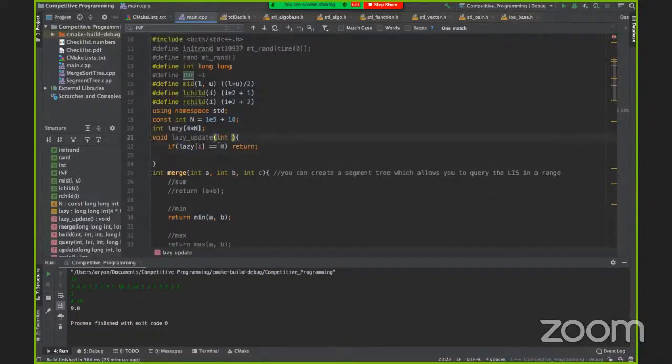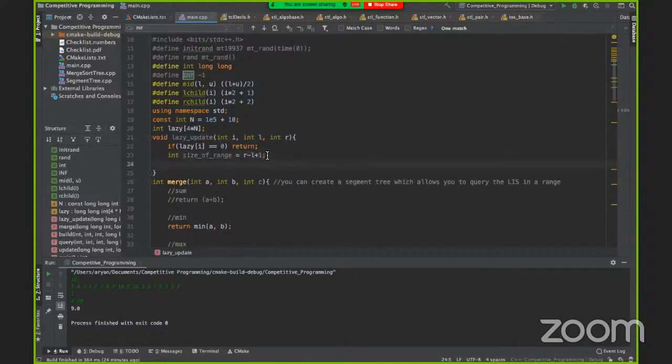Otherwise, let's perform the lazy update. int size of range is equal to r minus l plus 1, and the sum in range is equal to segment tree at i.